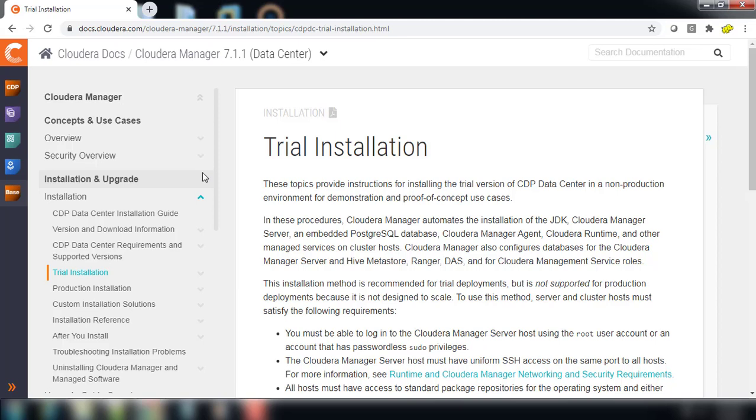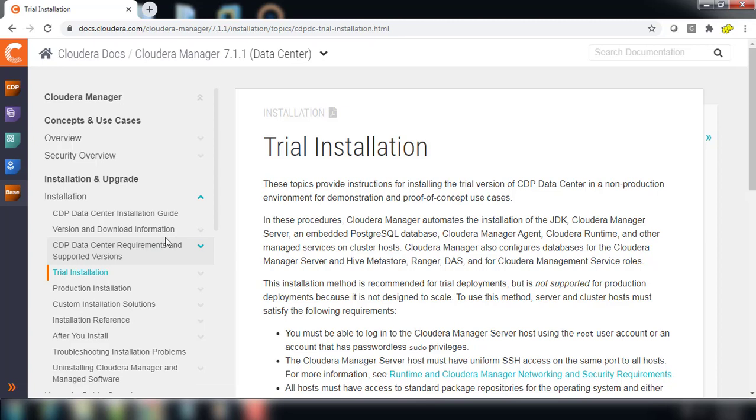If you look into the documentation, you can see the first few parts are about the overview: what is this product all about, what features are available, and what prerequisites we need to do before the installation. Each part of the installation has its own prerequisites, and you can also refer to the support matrix to see which platform or operating system is needed.